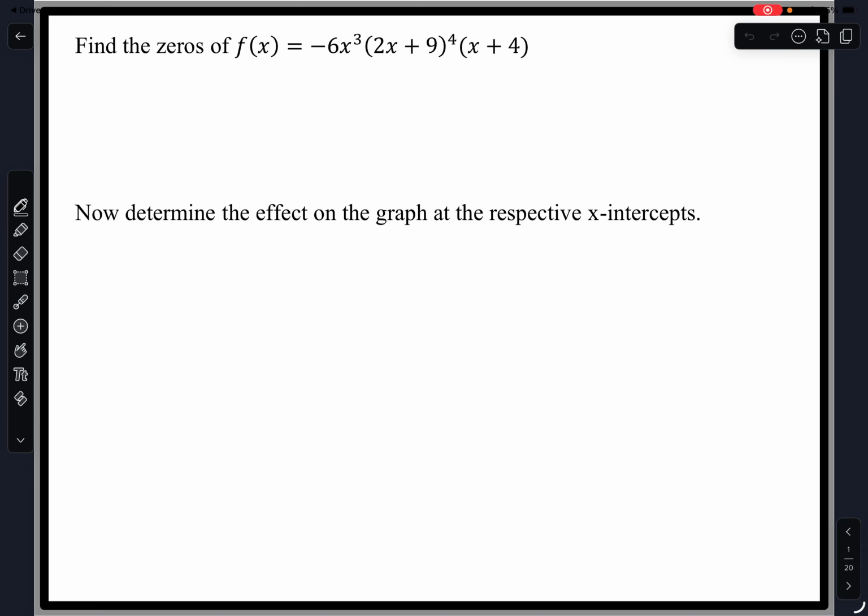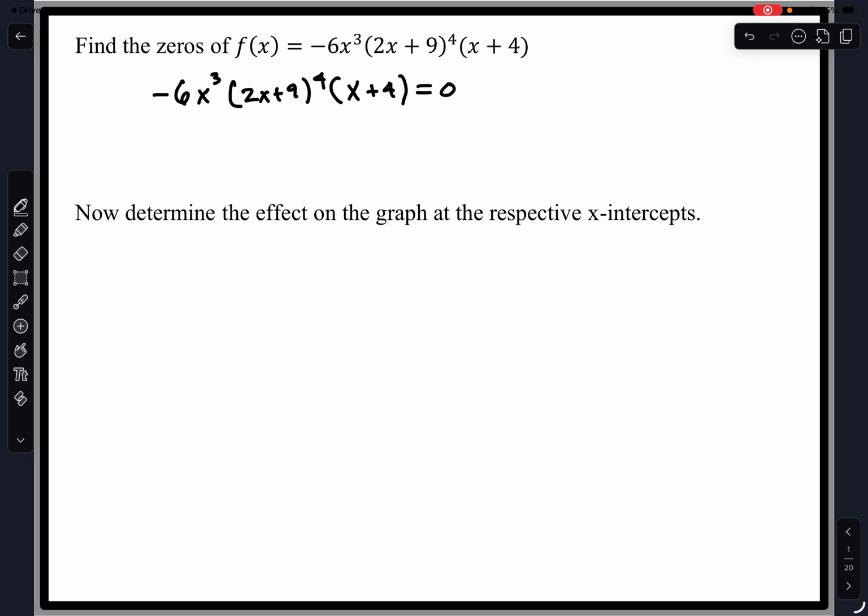In this video, I'm going to explain a problem similar to the one in the homework, where we're going to find the zeros of this function and then determine the effect on the graph at those respective places. So first of all, to identify the zeros, again, we're trying to determine when this polynomial